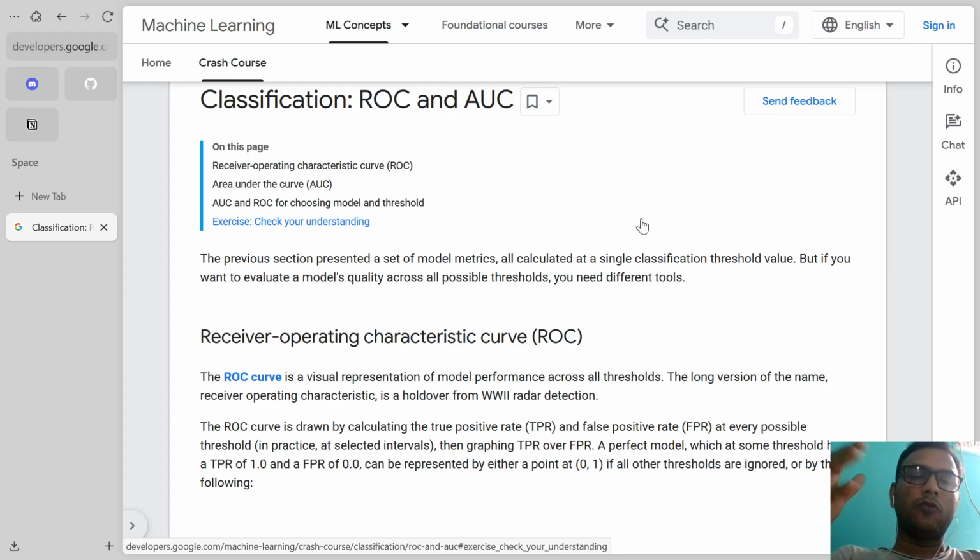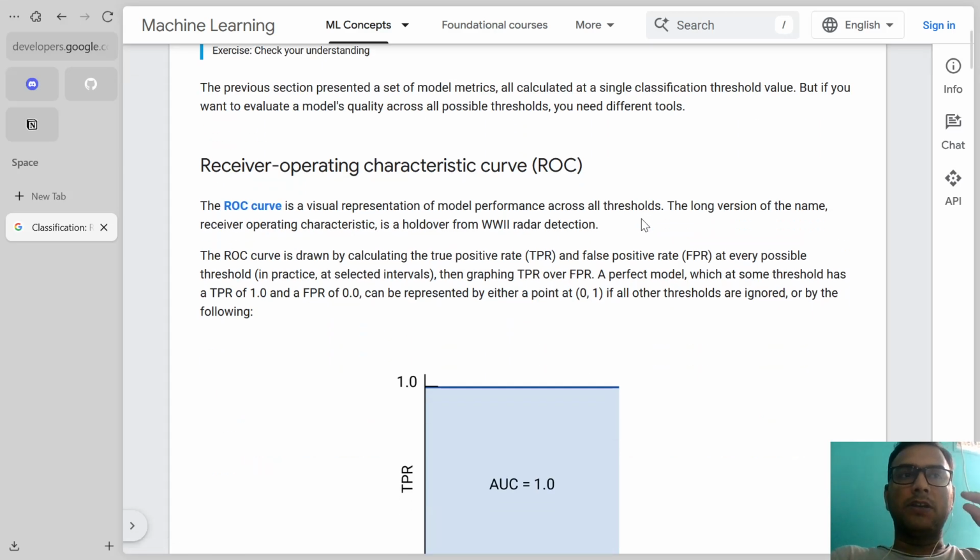For example, with spam email, beyond the threshold the email is classified as spam, and below that, it is not classified as spam. So you choose a particular threshold, but in that classification threshold we picked up one threshold. But in this ROC curve,